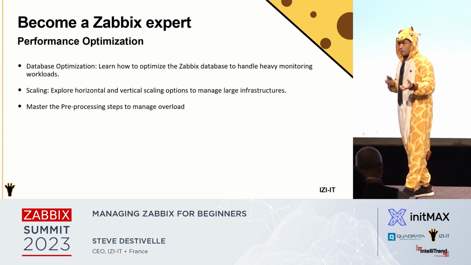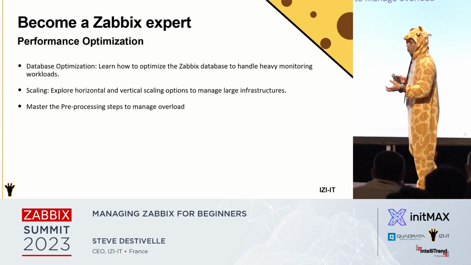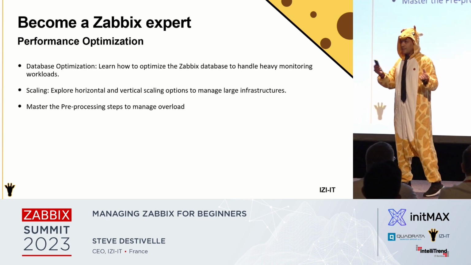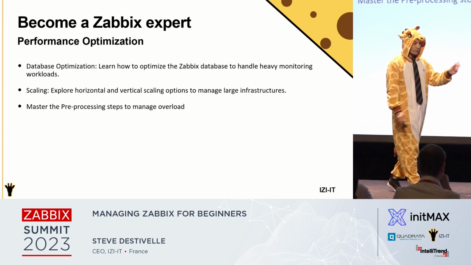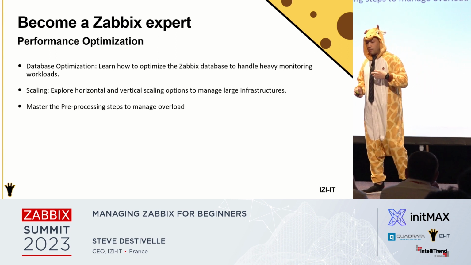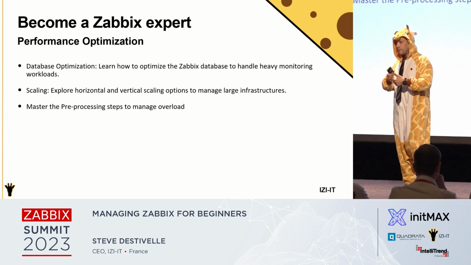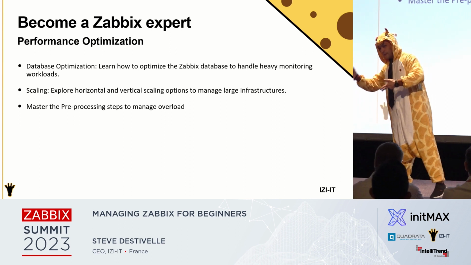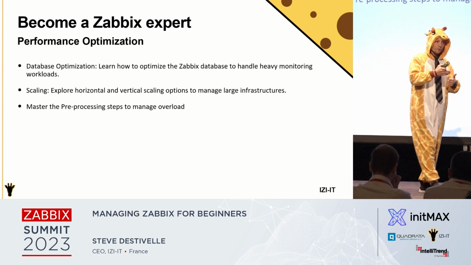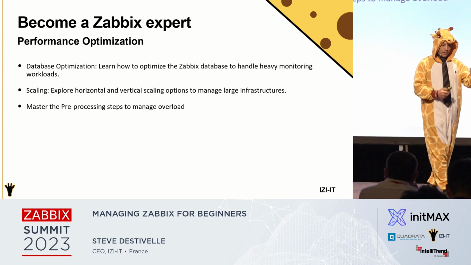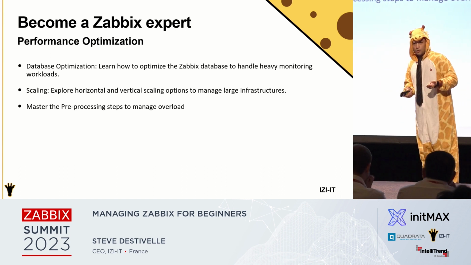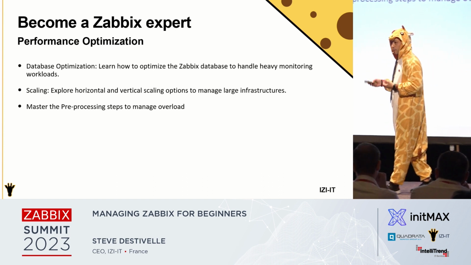And also master the capabilities of the processing. You will be able to transform your data, to extract the data that you need, and take advantage of this extraction to register in the database the right thing, okay? Avoid the user parameter with pipe awk, pipe grep, and so on. Use this pre-processing step in Zabbix instead of using user parameter, like we said previously regarding the timeout of your script. So put all your data in Zabbix, and Zabbix will work to do the pre-processing after that.